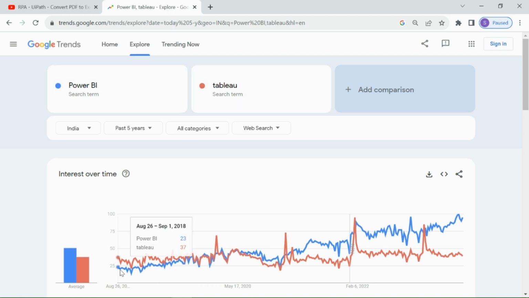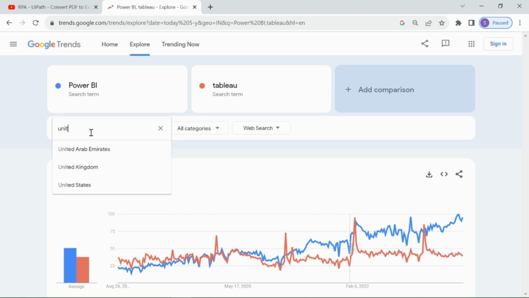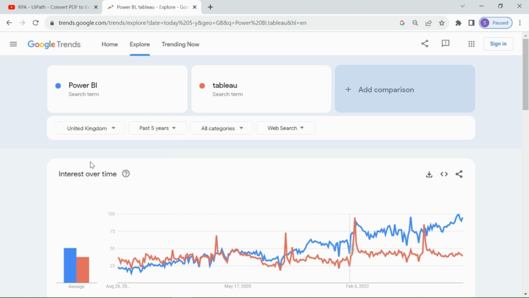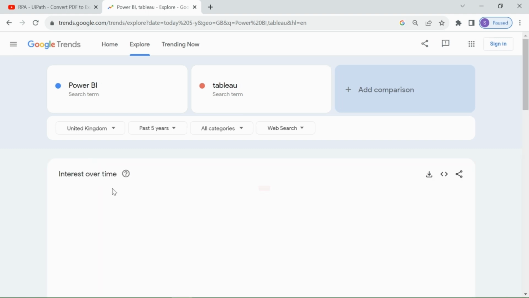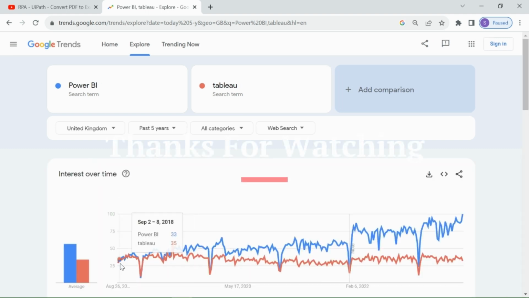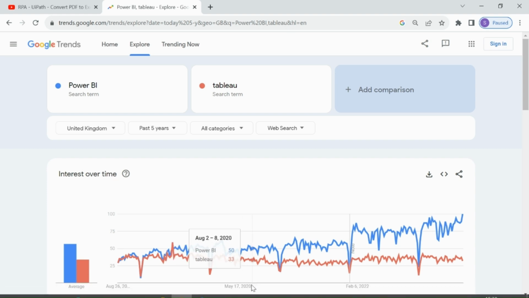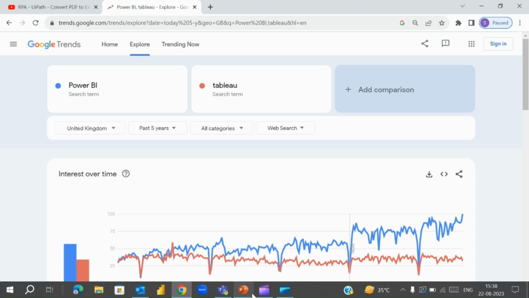You can see that for Power BI it is continuously increasing over the time. So this is the reason. If we search here for again United Kingdom, here also you can observe that for Power BI the trend is increasing. The trend here is interest over time. Now coming back to our slides,